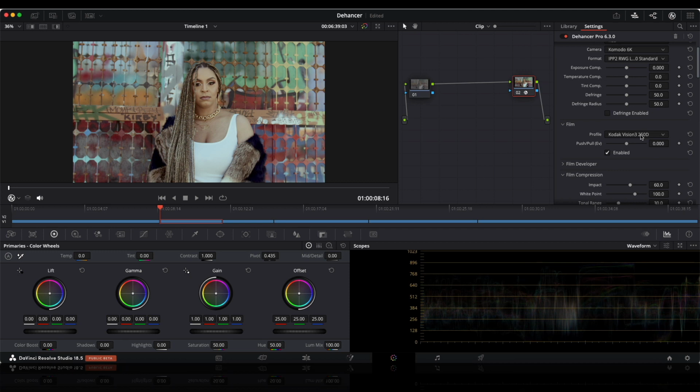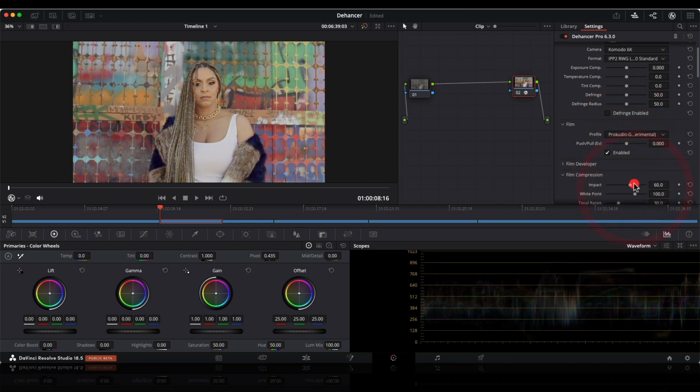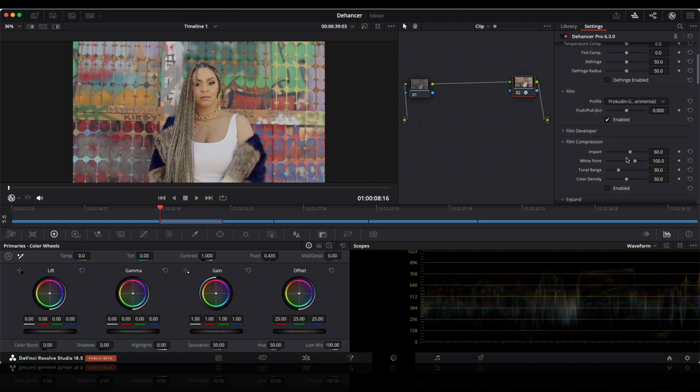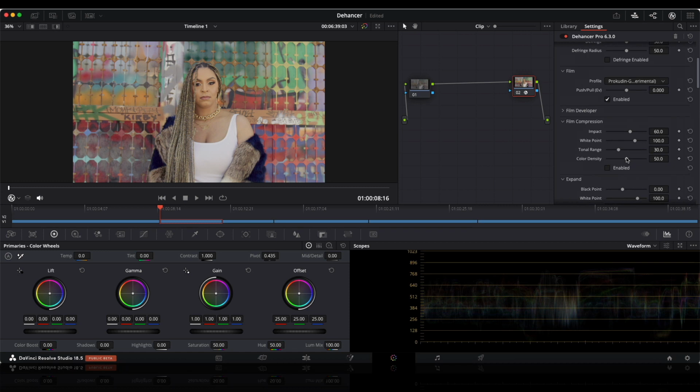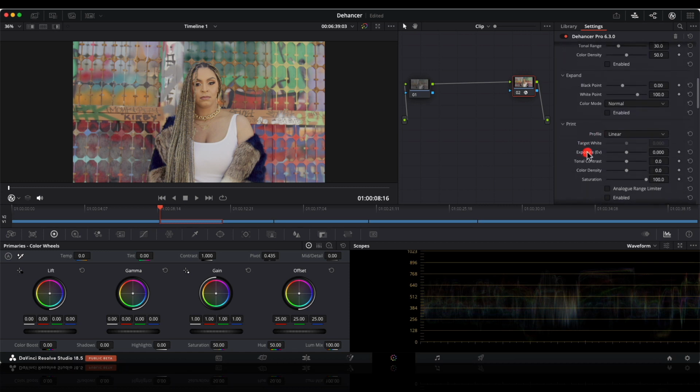I don't really like this film profile, so let's go pick a few different ones real quick. Let's see what looks best for this. I think I know what I like. Okay, let's choose this one, and then let's go into our print profile. This is one of the things I do like about Dehancer Pro, there's a lot of